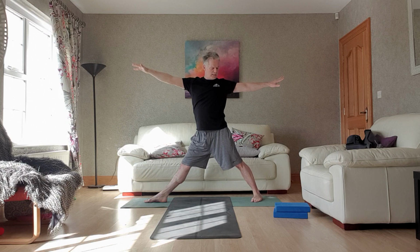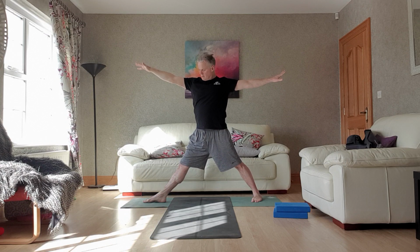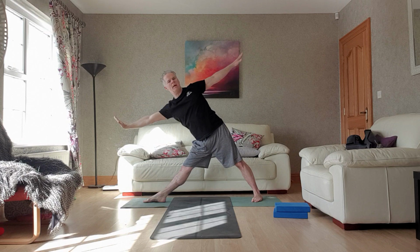Turn the feet forward and turning to your left. Left leg and foot all around, right leg slightly in. Press that back foot into the ground. Press the sole of the foot into that ground at the left hand side. So making sure that you get the feet really grounded to the mat before you make any movement into the pose. Inhale. Exhale, coming right over to the left first, really extending right over,